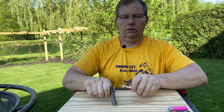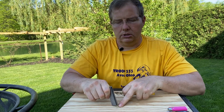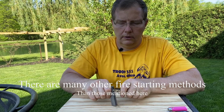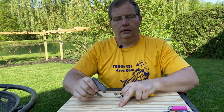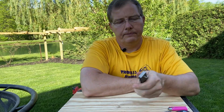Take a piece of steel and it sends sparks down to your tinder bundle, and you will have to do it multiple times to get enough heat to ignite whatever it is that's in your tinder bundle. Which is why you want to start with as fine a material as possible. So let's move on to probably my favorite,